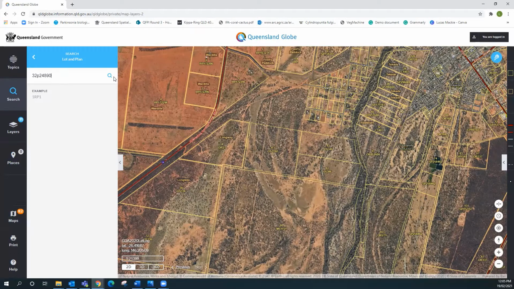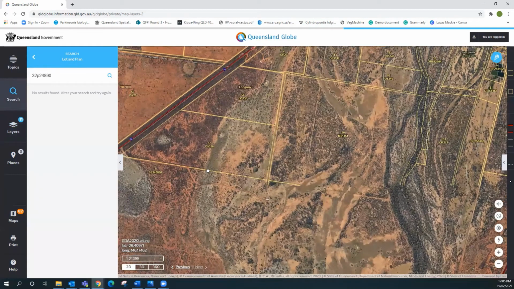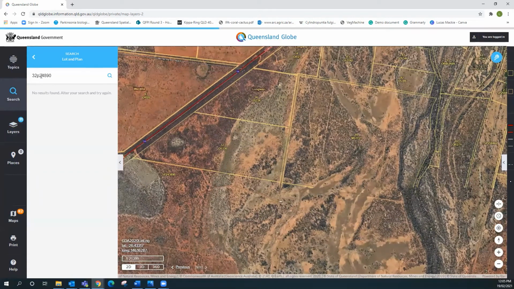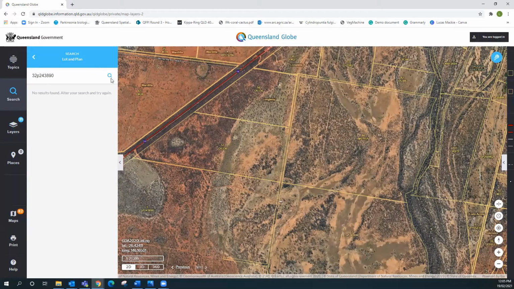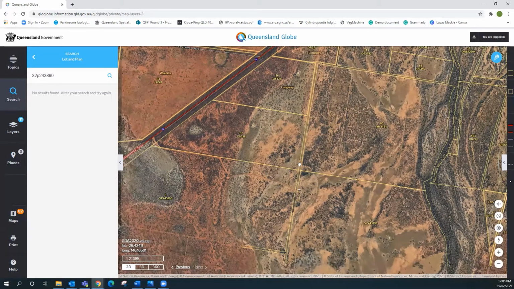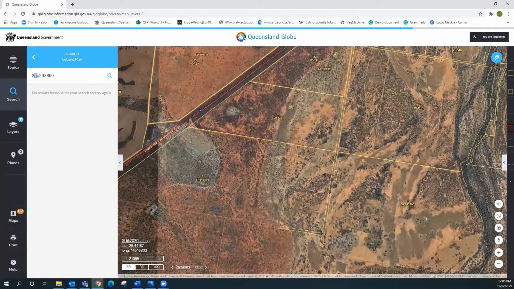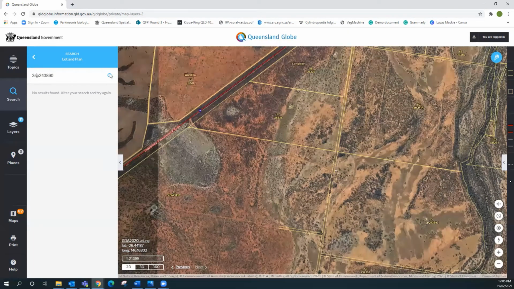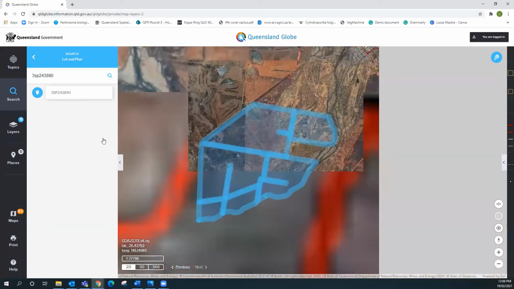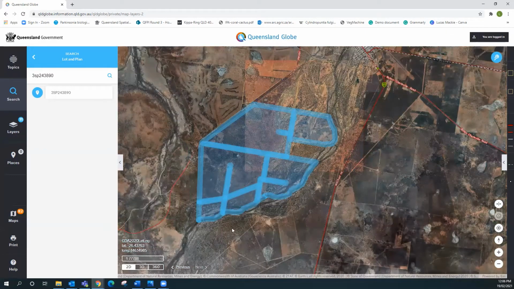3SP24890. I've misspelled that. Why have I misspelled that? There's a 3 there. So 3, search. Still wrong. So there you go, see there. If I click that, it'll snap out and zoom to showing the entire lot and